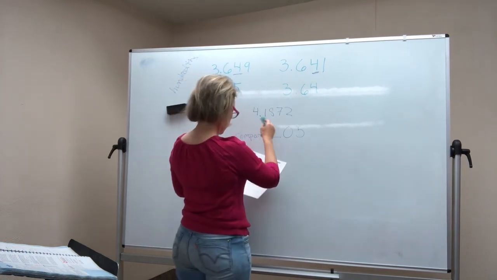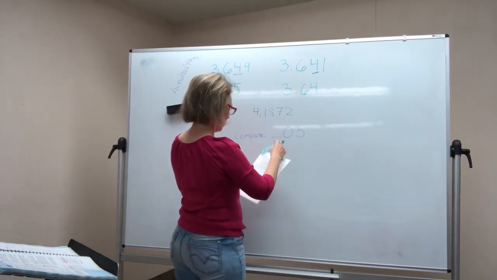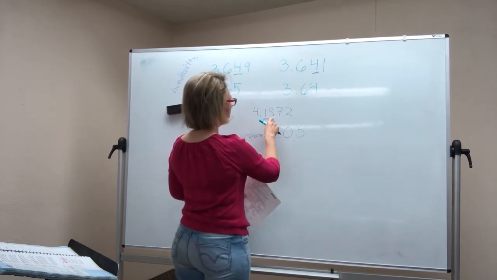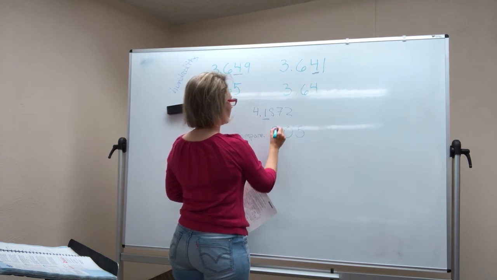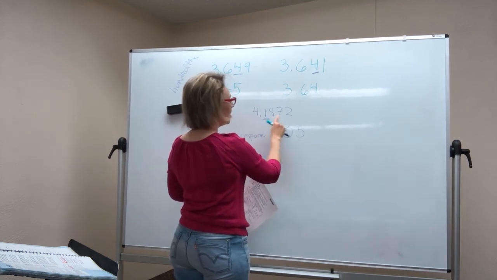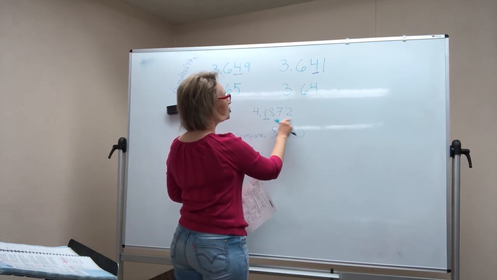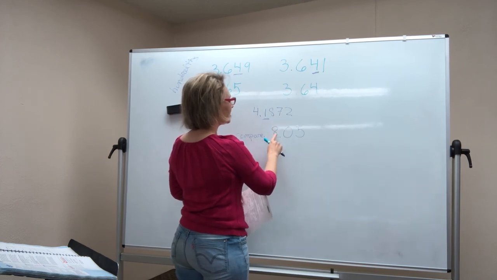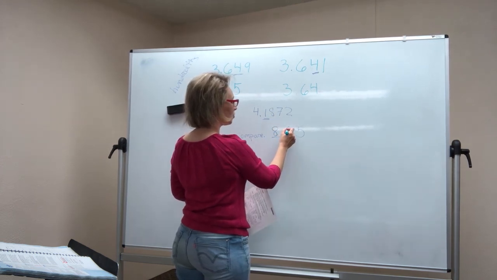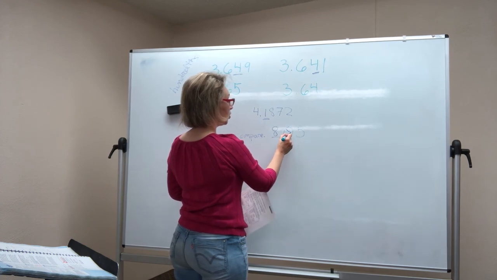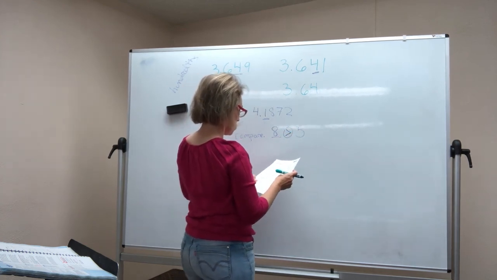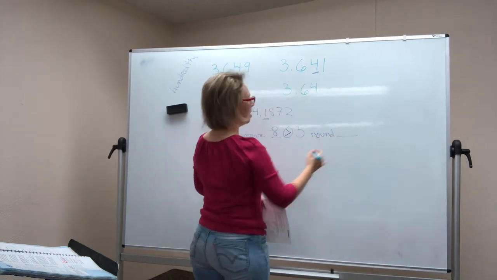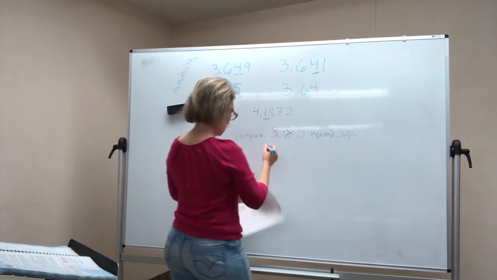So we're underlining the bold-faced one, which is the 1. And we're looking to the right of it, and we're going to put that number in the space here, 8, because that's the one we're looking at. And you know what? We don't need to even pay any attention to all this down here, the extra that's hanging off. I'm just going to look to that 8. Is 8 greater than or less than 5? That's what we're filling in here. It is greater than 5. So it gives us the word here, round. We are going to round up. So our final